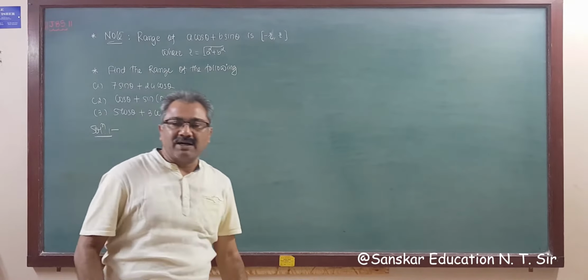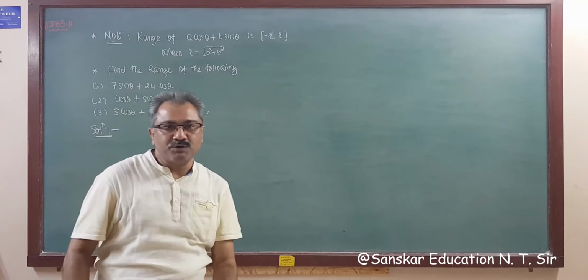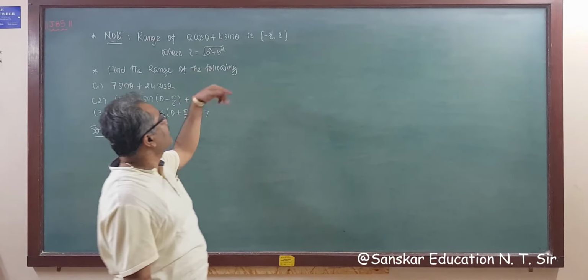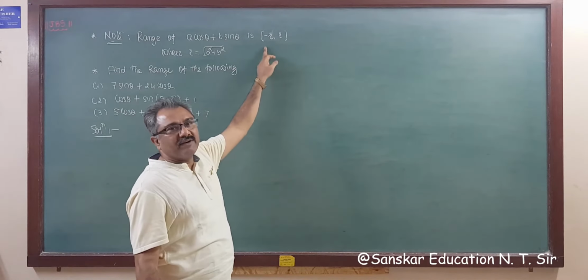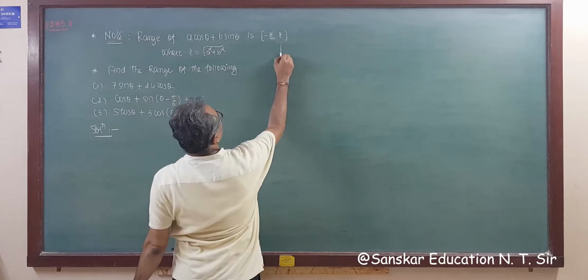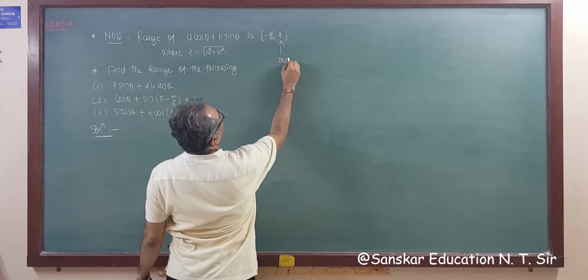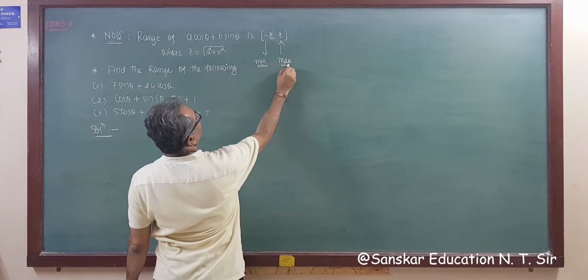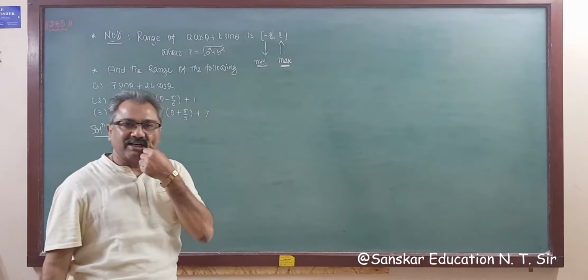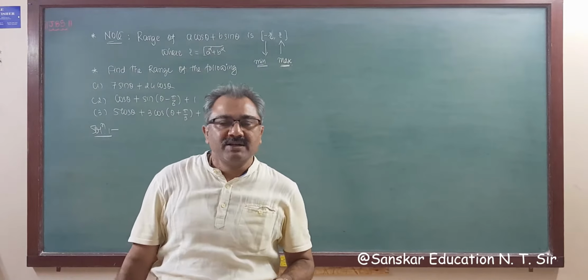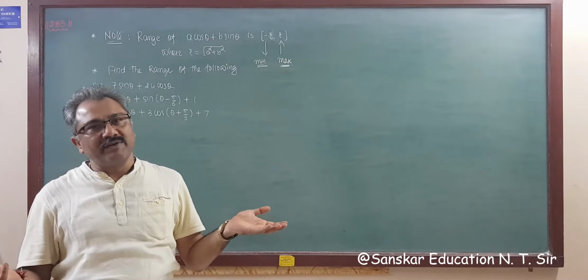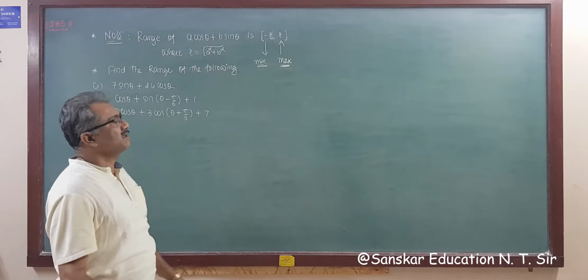Sometimes in exams आपको ये क्वेश्चन जो है वो ऐसे भी पूछ सकते हैं कि फाइंड द मैक्सिमम एंड मिनिमम वैल्यू, मींस मैक्सिमम वैल्यू इज योर r and minimum value is minus r. So this is your maximum value, right? And this is your minimum value. So sometimes आपको एग्जाम में ऐसा भी क्वेश्चन आ सकता है कि इसका आप मैक्सिमम वैल्यू क्या है वो बताइए, मिनिमम वैल्यू निकाल के बताइए.